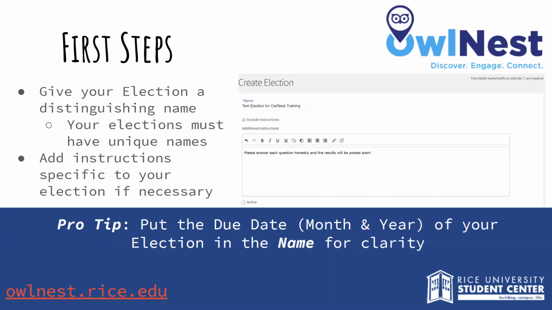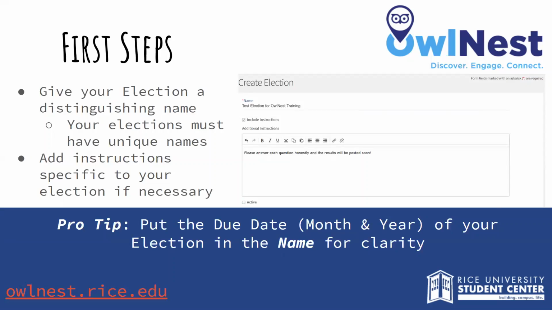Now, the first steps for creating your election are giving your election a distinguishing name. Your elections must have unique names, and you'll be alerted if you create a duplicate. Also, add instructions below specific to your election if necessary. And a little pro tip, put the due date, maybe the month and year of your election, in the name